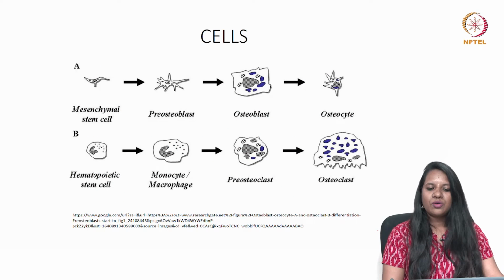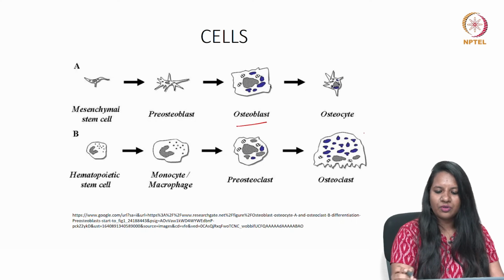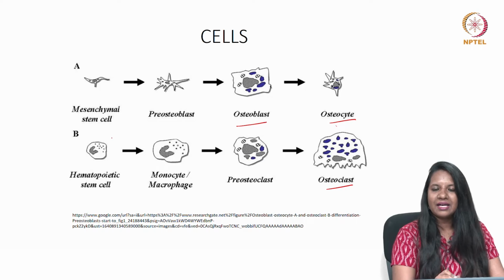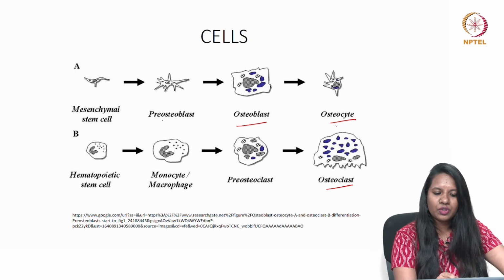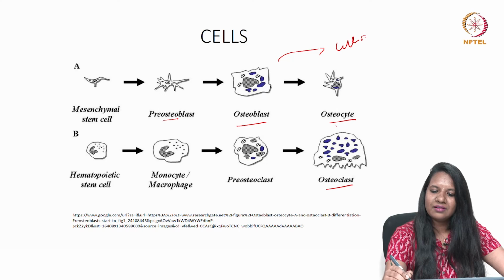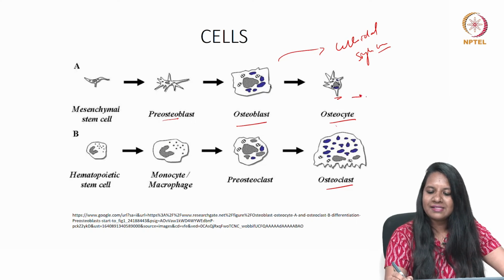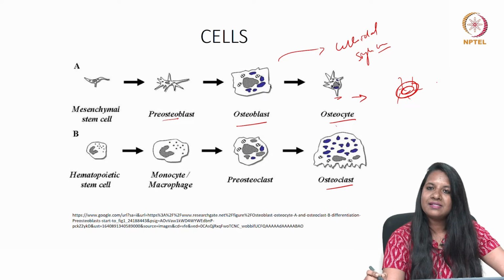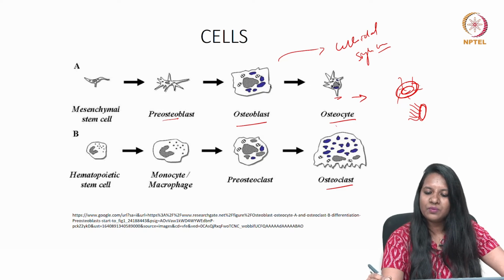So what are the cells of bone? It consists of osteoblast, osteocyte and osteoclast. Osteoblasts develop from mesenchymal stem cells and they convert to pre-osteoblast and then osteoblast. Osteoblast is a cuboidal cell with a single nucleus. And osteocyte, as I already said, lies in a lacuna with canaliculi projected from all over the surface, whereas in case of cementocyte, it is projected only towards the PDL. So by that we can differentiate an osteocyte and a cementocyte.